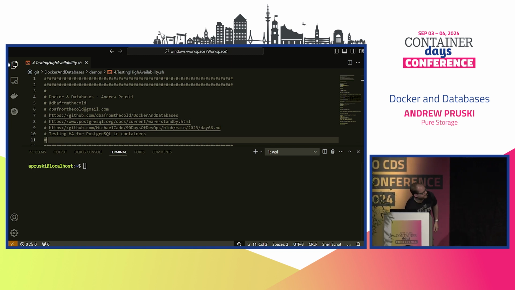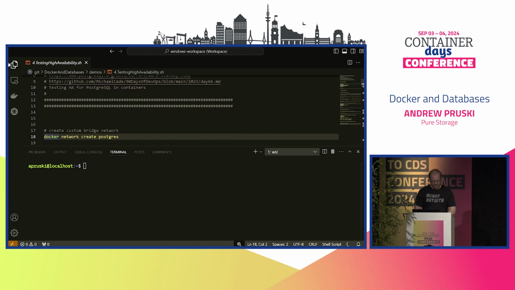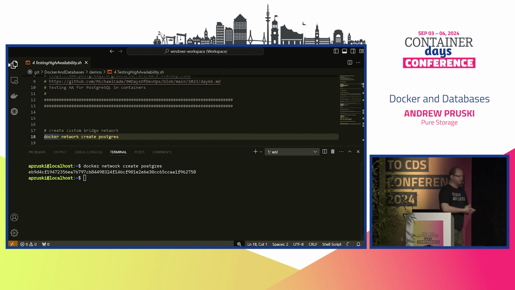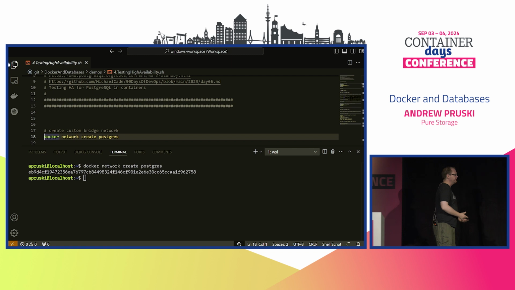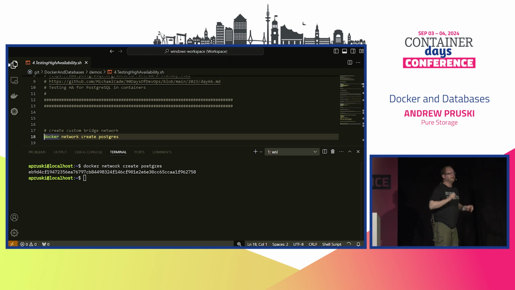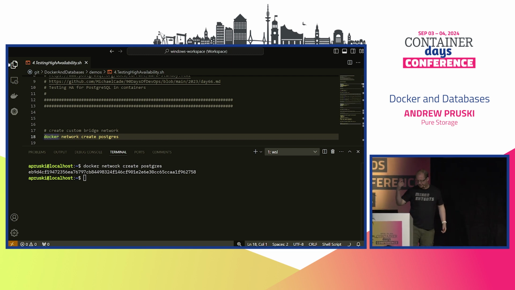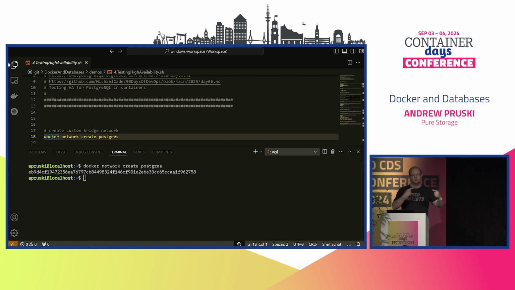Let's have a look at testing high availability for Postgres in containers. So the first thing I'm going to do is create a custom bridge network. Custom bridge networks in Docker have a little bit more advantages over the default bridge network in the fact that containers on a custom bridge network can reference each other by name, not just IP address. They can take advantage of Docker's internal DNS server. So that's why I'm spinning these up here, because I want my containers to be able to talk to each